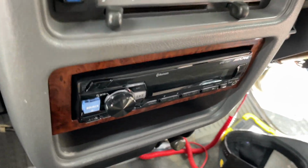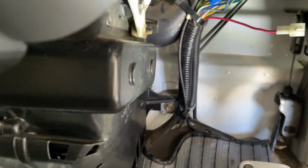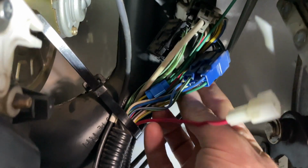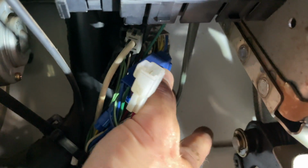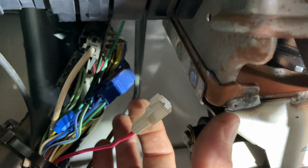I found it a little easier if you go in from the passenger side and try to poke around. It's not very fun poking around in these things when it comes to finding things. So I already unplugged it, but if you go down to your wire loom coming up through the floor, oh my gosh, here's that red wire right here, and it was plugged in. I unplugged it, so I'm going to plug in the wiring harness for the fog lights, and then the other half of that red wire is right, can you see it? Yeah. Oh, you can kind of see it there. So what that means is I'm going to plug my female into this, and then the male end's going to go into that, which will complete this line and also give me the power line for the